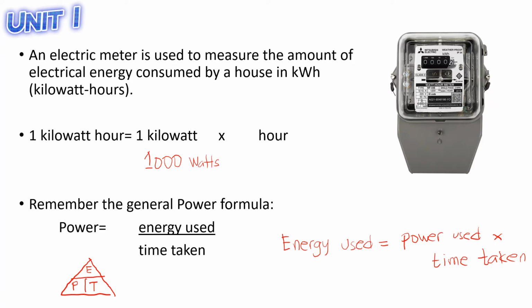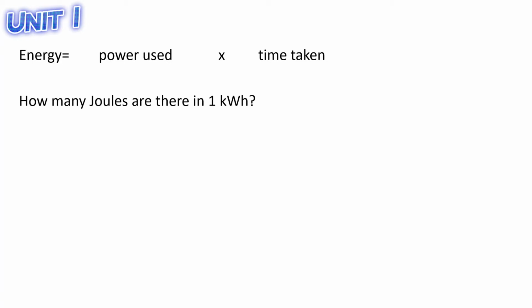Going back, power used is expressed in kilowatt, and time taken is expressed in hour. Again, energy used is equal to power used multiplied by time taken. The unit used for power is kilowatt, and the unit used for time taken is hour. Since we already know how to get the energy, the kilowatt hour, by using the formula energy is equal to power used multiplied by time taken,